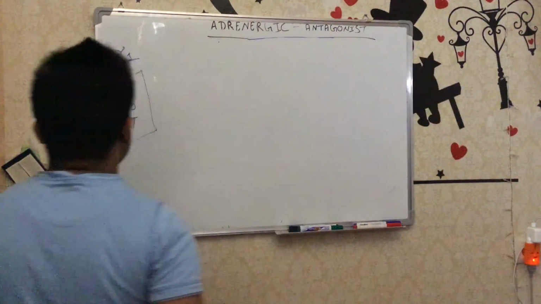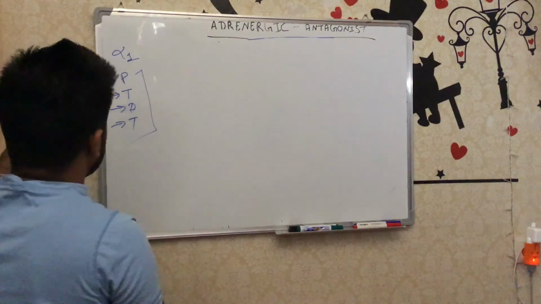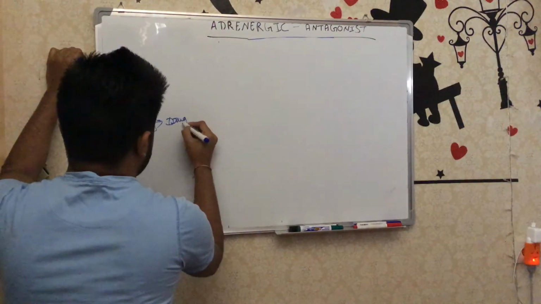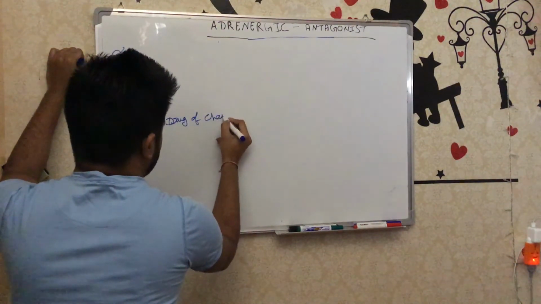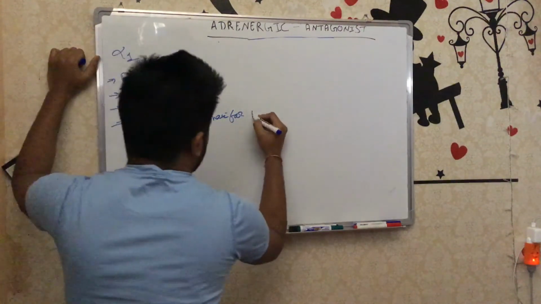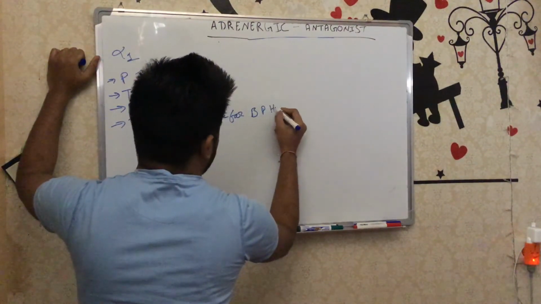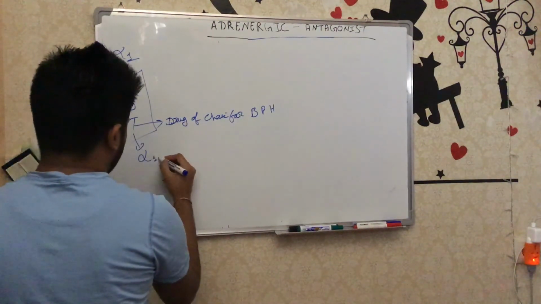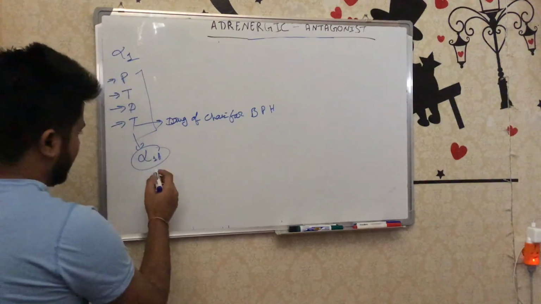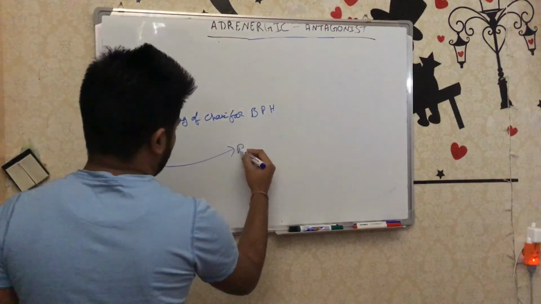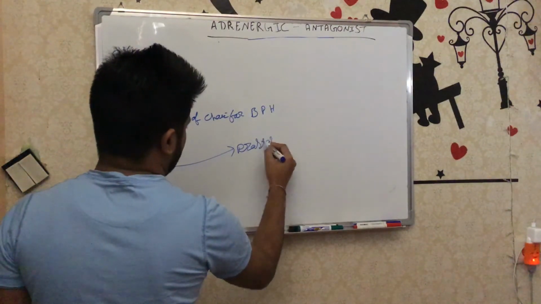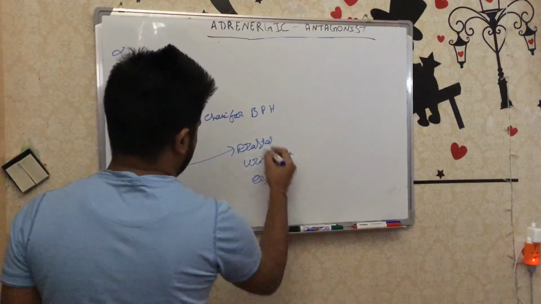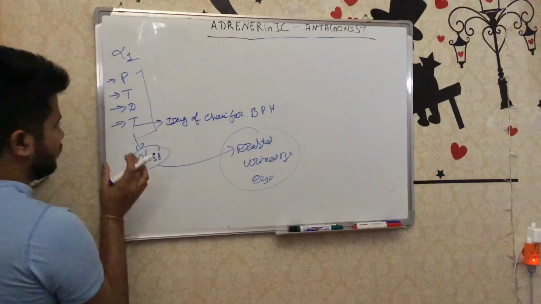One thing I forgot to mention is the main difference between the four drugs. Tamsulosin is the drug of choice for benign prostatic hyperplasia because it acts on alpha 1A, and as I know, alpha 1A is mostly found in the prostate, urinary bladder and eye. That's why tamsulosin is the best drug choice for